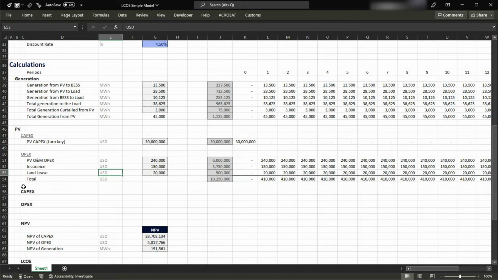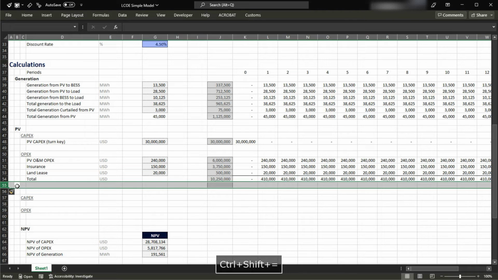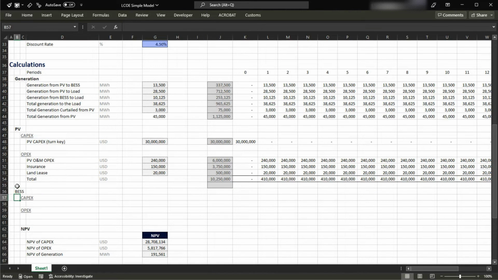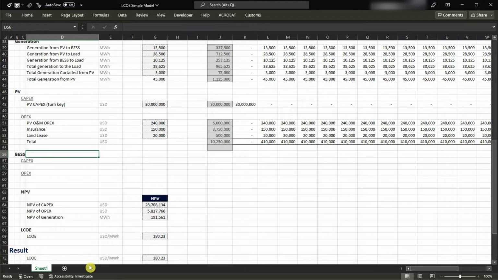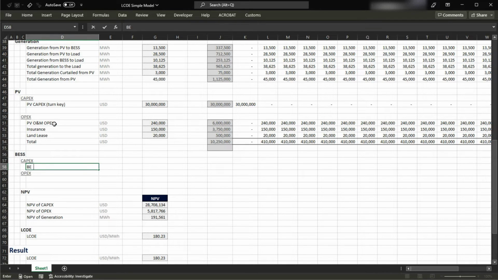That's good. Okay, I'm also now gonna use these ones here for the BESS. So what we have next is gonna be the BESS, right? So I'm gonna put BESS here. So we have the capex for the BESS. And for the BESS system, we're gonna have the capex. So let me just put BESS capex. Also, it's a turnkey solution, right? Okay, so that's going to be